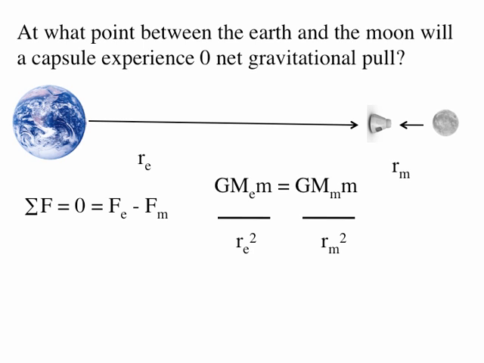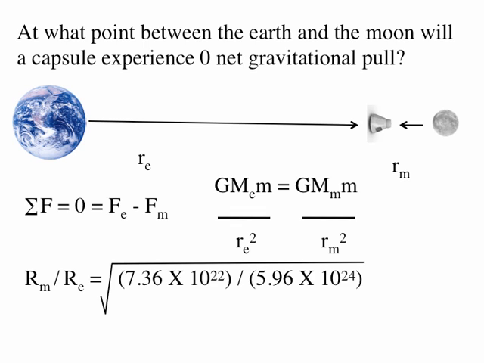Substituting in using Newton's universal gravitation and canceling out common variables, we can see that the displacement from the Moon to the capsule relative to the displacement from the Earth to the capsule will be equal to the square root of the mass of the Moon to the mass of the Earth. Substituting in those values that we look up or are provided with, we get 0.111